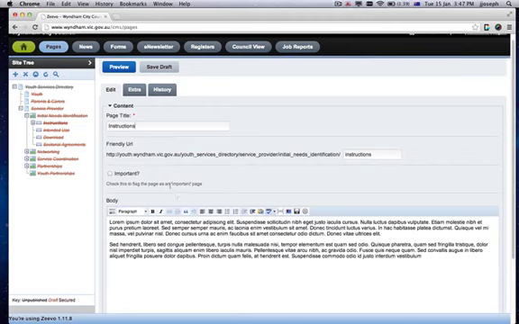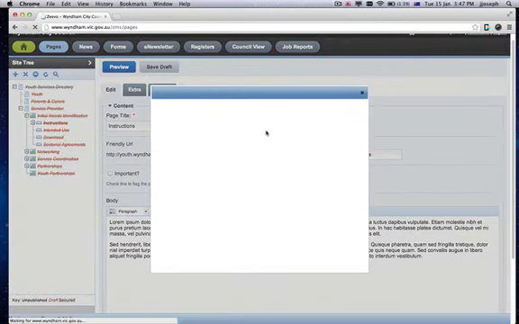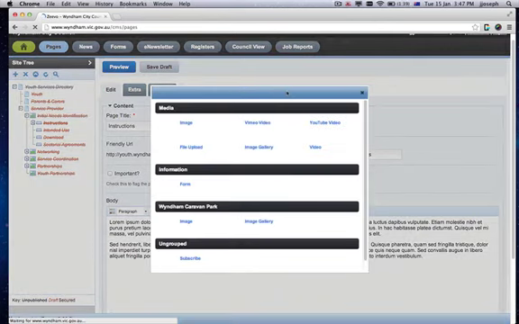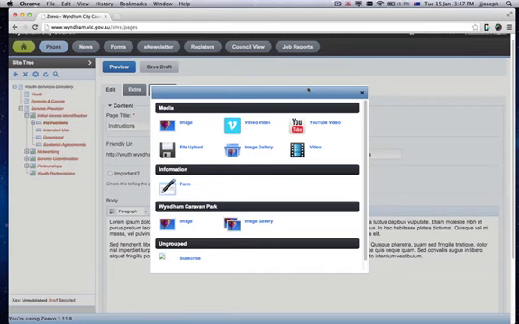Also, probably one other thing worth noting within the body text of the pages is a facility within the rich text area icons above. There's a facility where you can add what are called widgets. The widgets allow you to add different kinds of information to a page, whether that be an image within the body text, a video, a YouTube video, an image gallery,